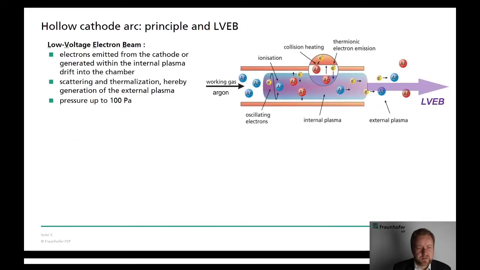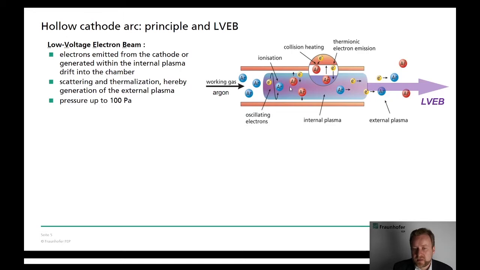How does it work? The LVEB source, which is based on a low voltage electron beam, consists of a hollow-cathode tube, typically made from refractory metal or lanthanum hexaboride. And after ignition, we have an internal plasma in this tube, ions which reach the plasma sheath are accelerated onto the cathode tube and heat the cathode tube to high temperatures by ion bombardment. Consequently, electrons are emitted by thermionic electron emission, accelerated into the internal plasma, and maintain the plasma by